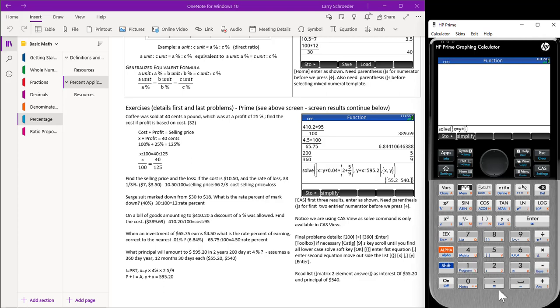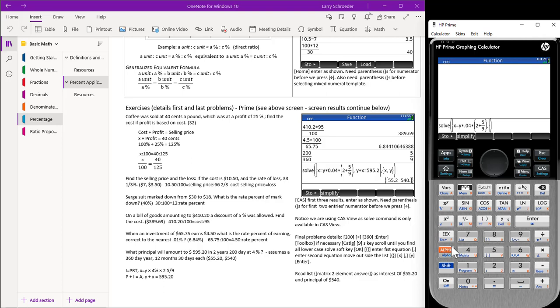times 0.04 times mixed numerals, so we're only going to need parentheses, 2 plus, for the fraction part, we'll use divide, 5 divided by 9. Then we need to get outside of our parentheses, comma,